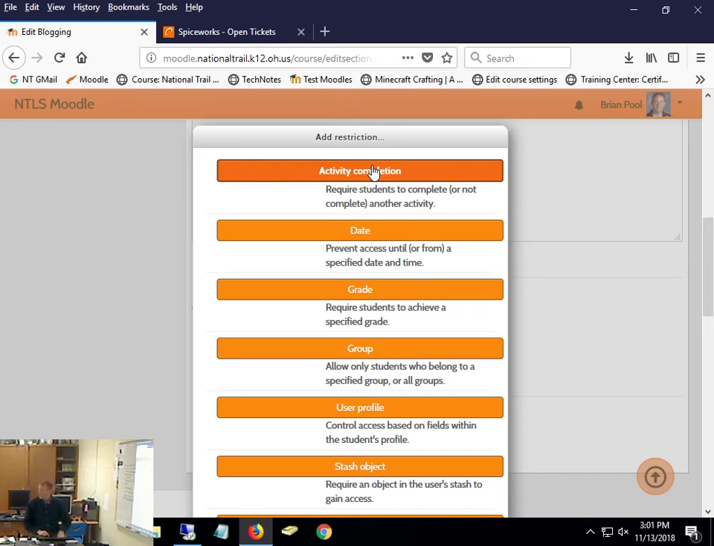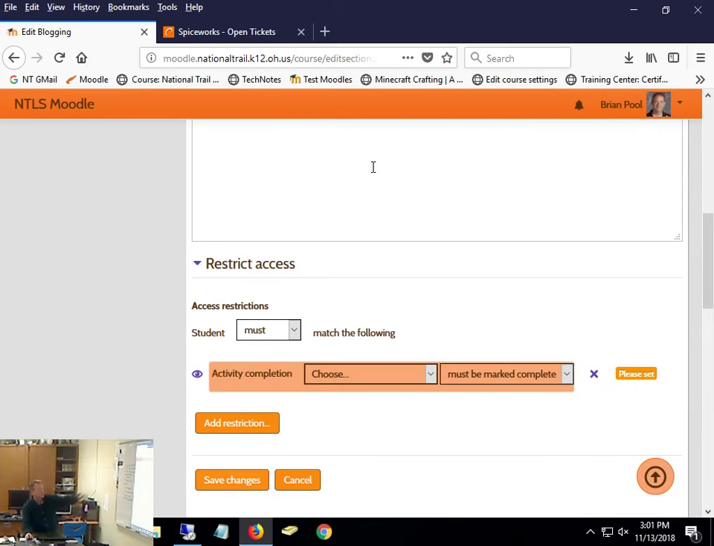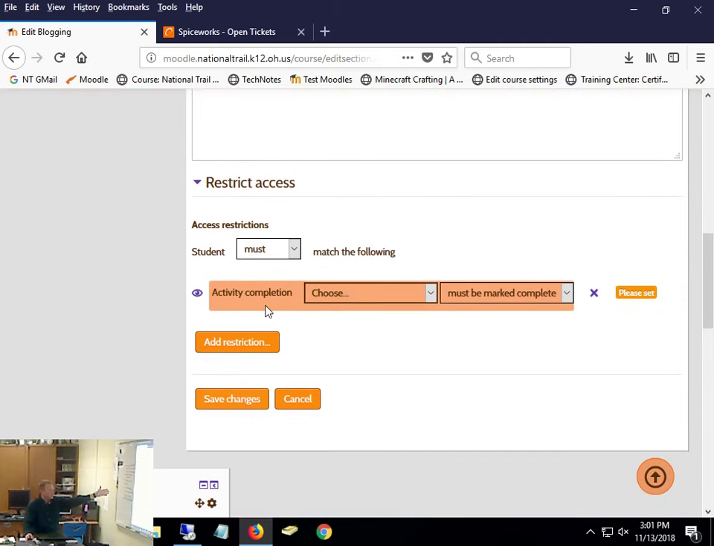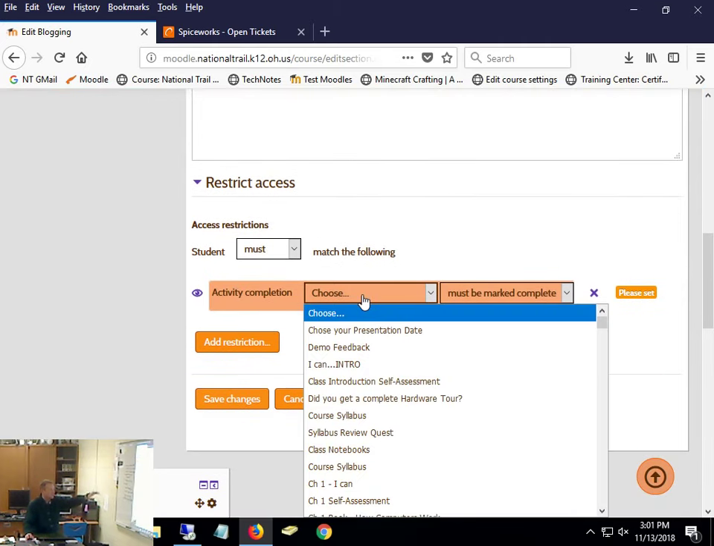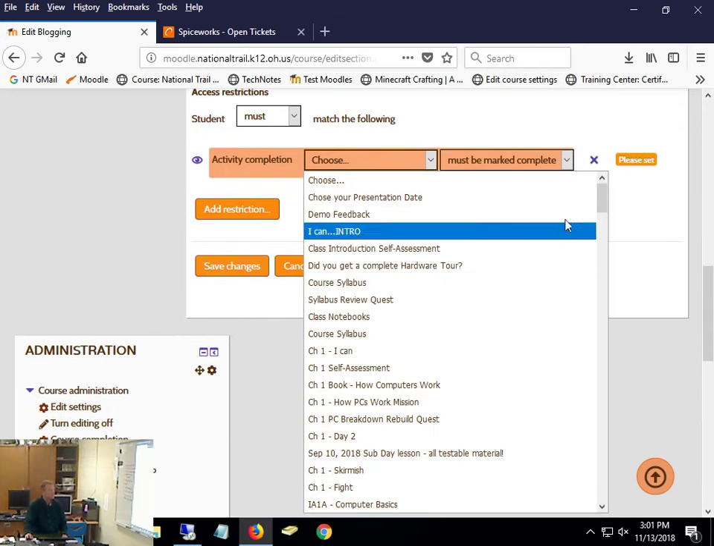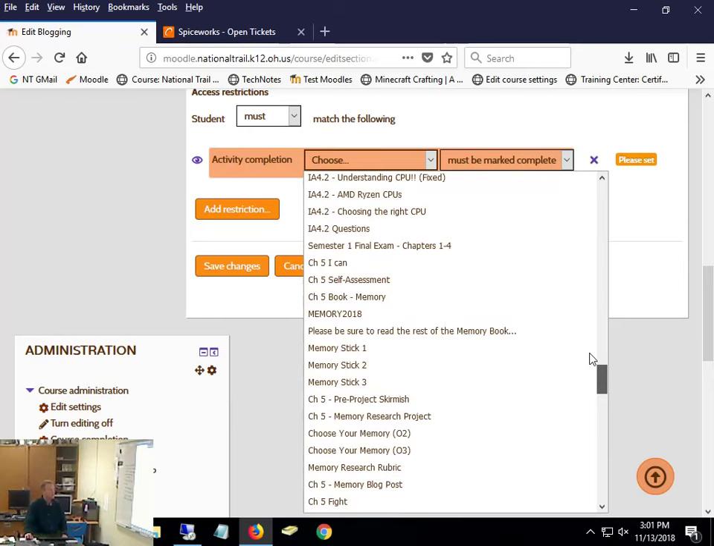And that's the thing, as you can make things appear, you can also use this to make things disappear. That is true. So let me show you. Activity completion: if I click on that, it shows "students must match one of the following." Activity completion, choose the activity. So now, all the things that I have set activity completions on are available in my